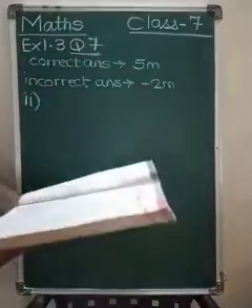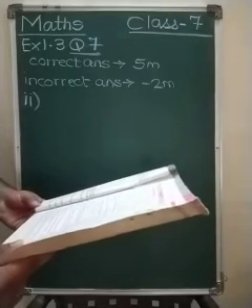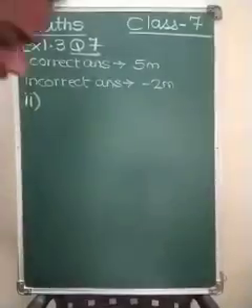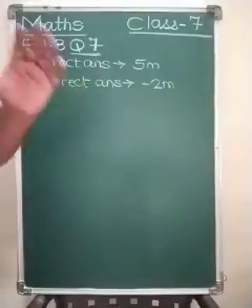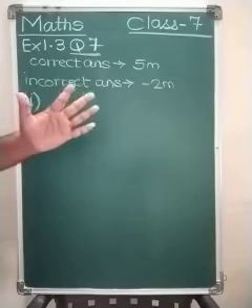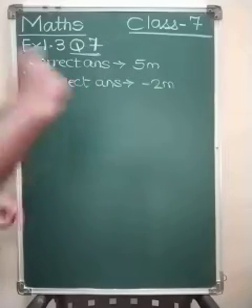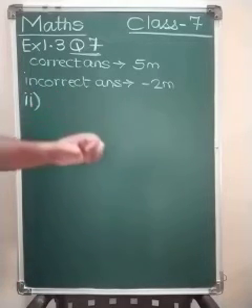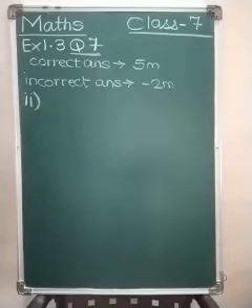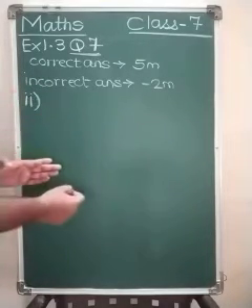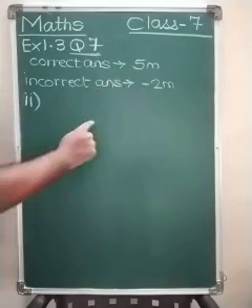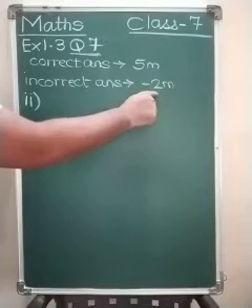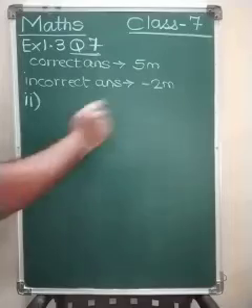The second question, sorry, not Hina, Reshma. Reshma gets 5 correct answers and 5 incorrect answers. What is her score? So here the second student is Reshma, and she gets 5 correct answers and 5 incorrect answers. That means she has also solved all the 10 questions. There are no questions that she has not attempted. All the questions she has attempted. So we can go for Reshma also in the same way, that for correct answers 5 questions, so 5 multiplied by 5. Incorrect answers 5, so 5 multiplied by minus 2, then add them up.